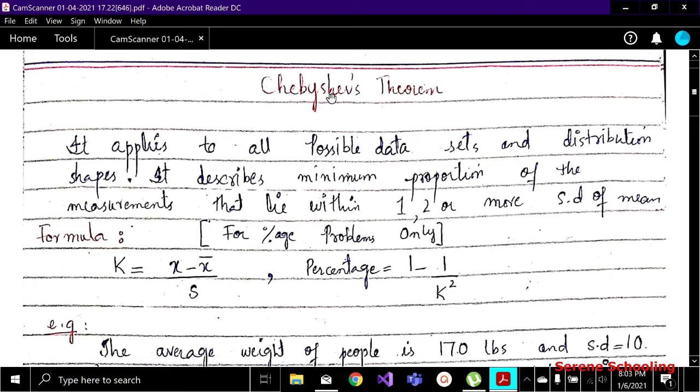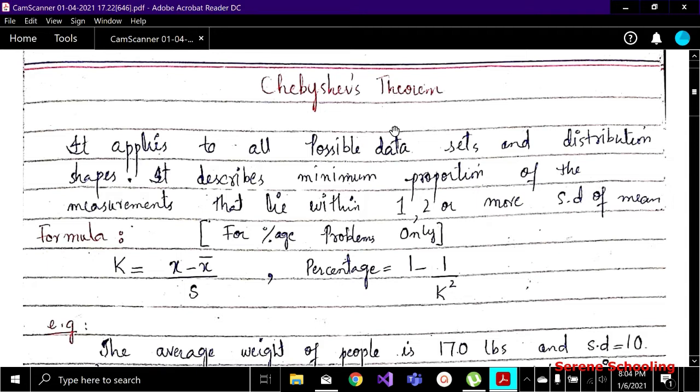Before coming to Chebyshev's theorem, you must know what standard deviation is and what a z-score is. Okay, we have discussed this already in the previous lectures. So here we will see how to solve the problems related to this theorem. We will be given two sorts of problems on this theorem. First, you are given the range and you have to find the percentage of data from that range, okay? And another case may be that you are given the percentage and you have to find the range, okay? These two things exist.